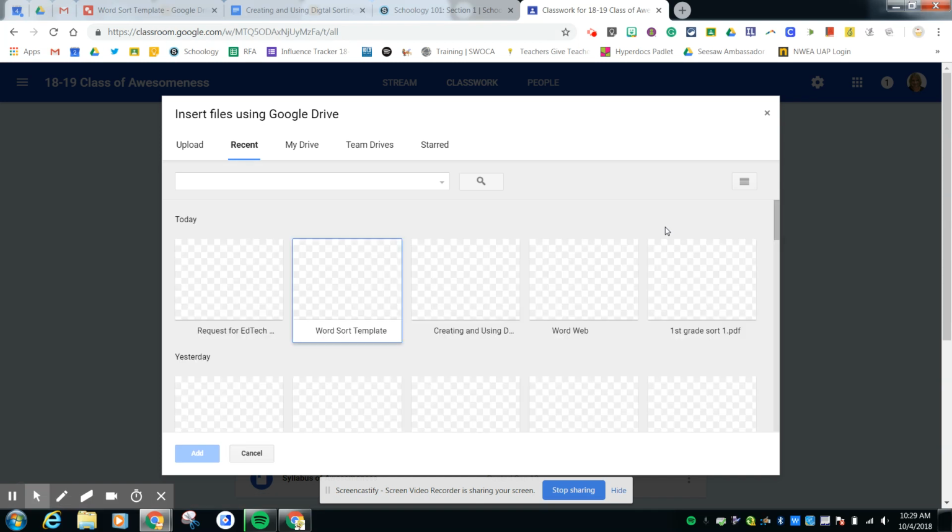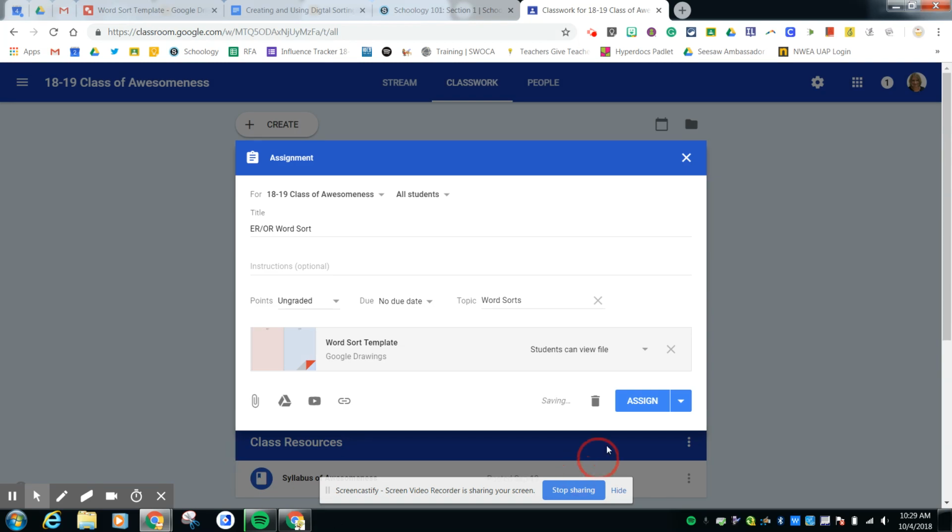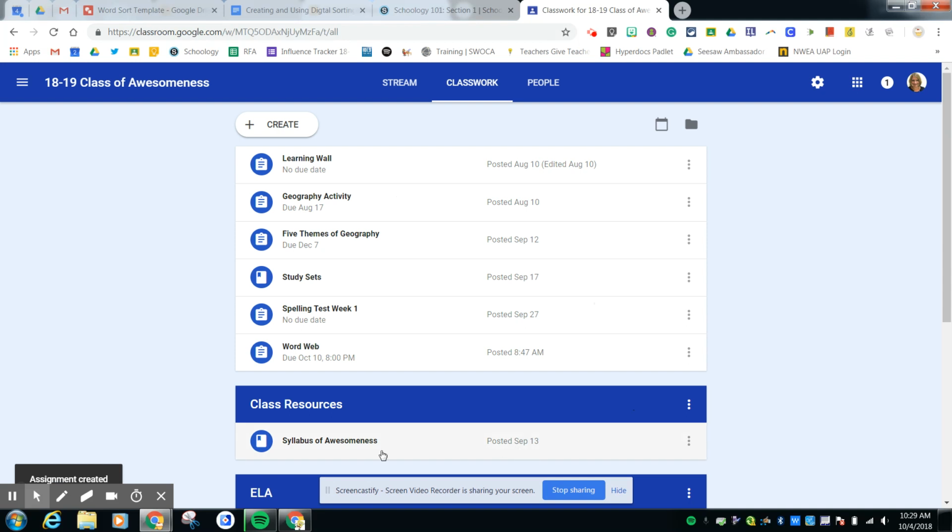I'm going to pull it from my drive. Now, since I just worked on it, it should be right there. I click on it. I click Add. And I change it from Can View to make a copy. So now, when I assign it to my students, when the students actually come in to work with that assignment, what they will see,